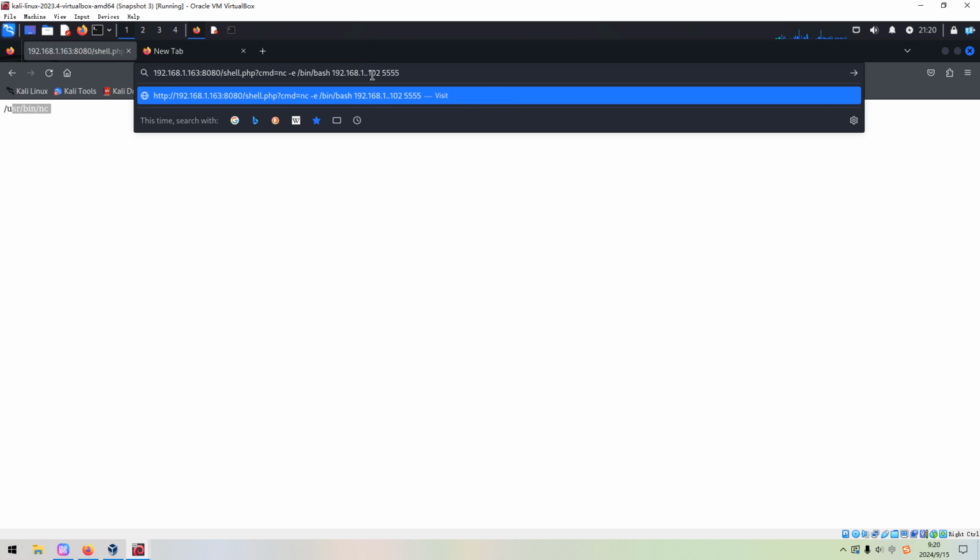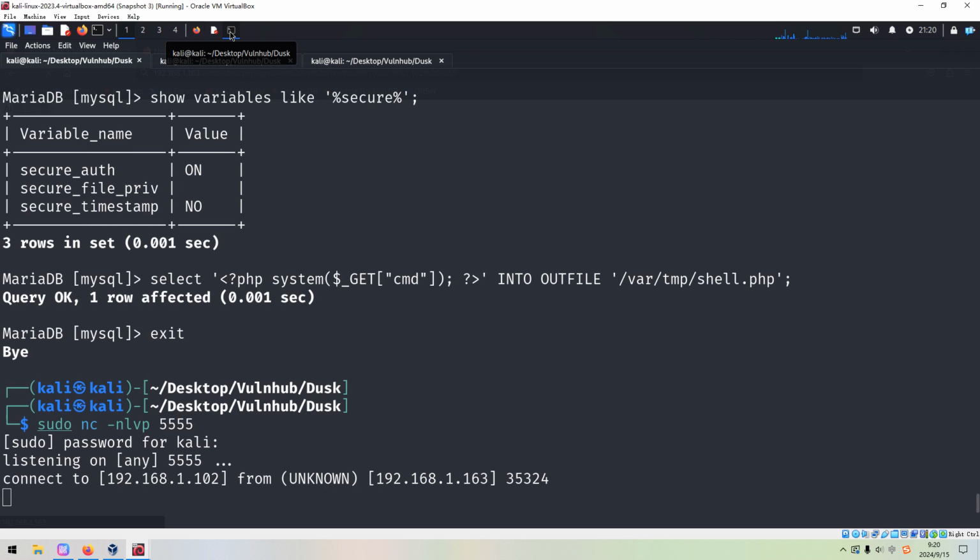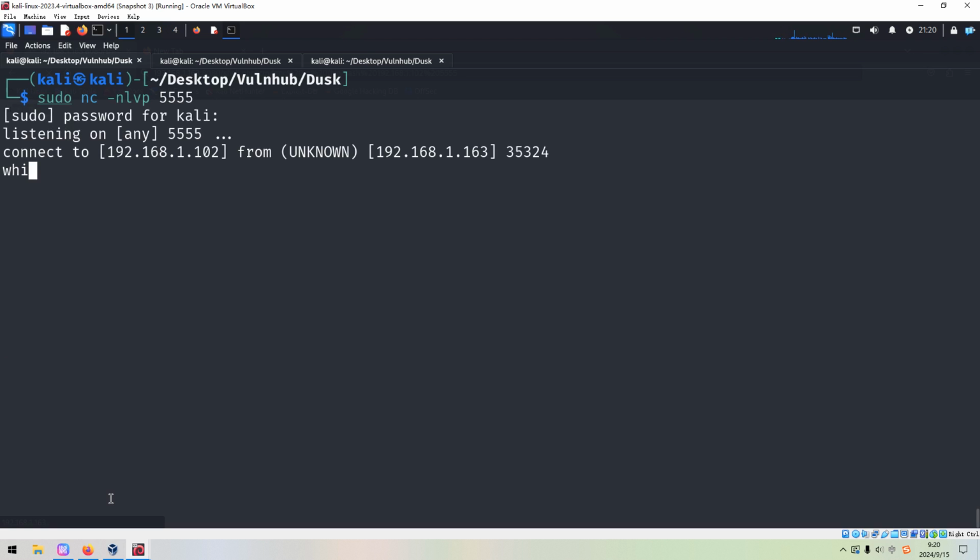Okay, I need to remove the additional dot. Press enter. I think this time it's working, and we need to spawn the interactive shell. We can check the Python 2 is there, and import pty spawn.